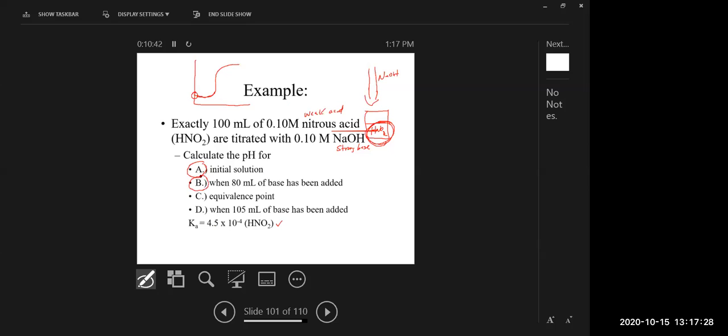Okay, so coming to part B. Now what we want to know is, if we open up our burette and we drop in 80 milliliters of our sodium hydroxide and we close the burette, what would we expect the pH to be? Let's work through that and see what we come up with. So part B